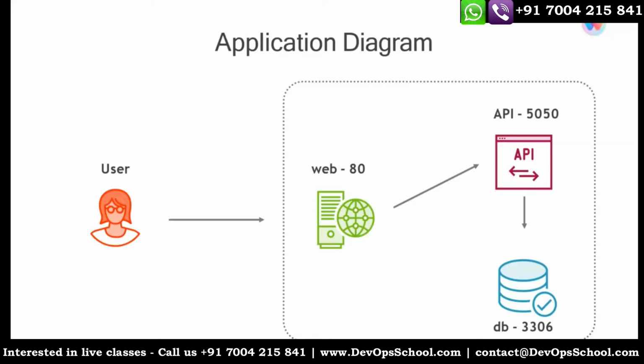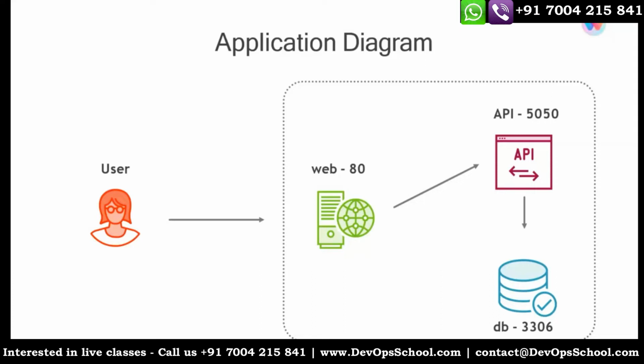Now if you see the regular flow, the user is hitting the website. It's a very simple flow, not microservices, you can say SOA, service oriented architecture. Here the web is hitting the API and the API is hitting the database. In any case, web should not hit the database, correct? Correct. And here the API should be only accessible